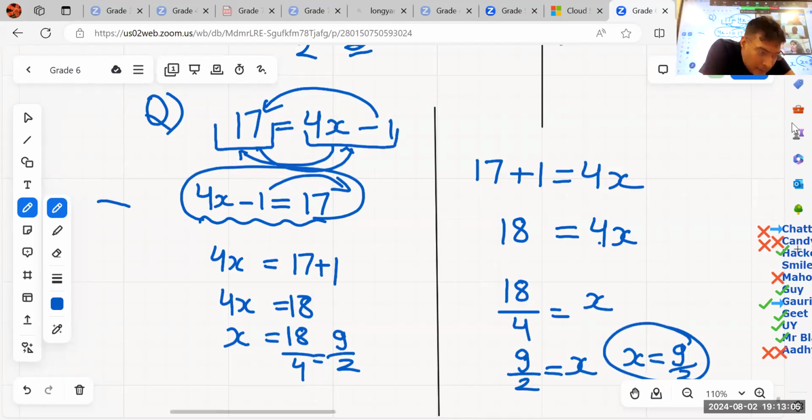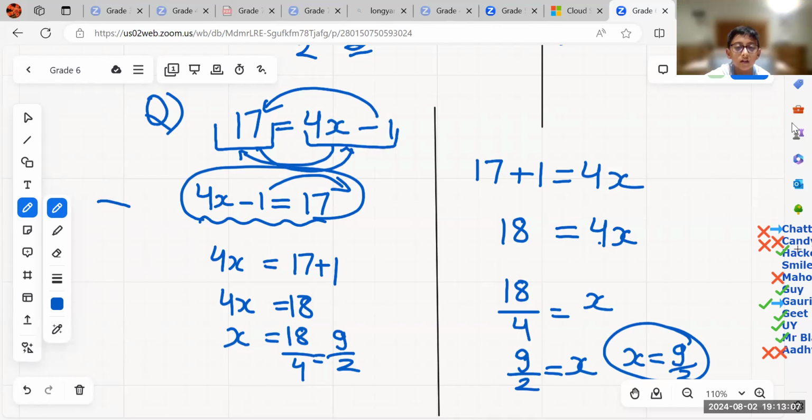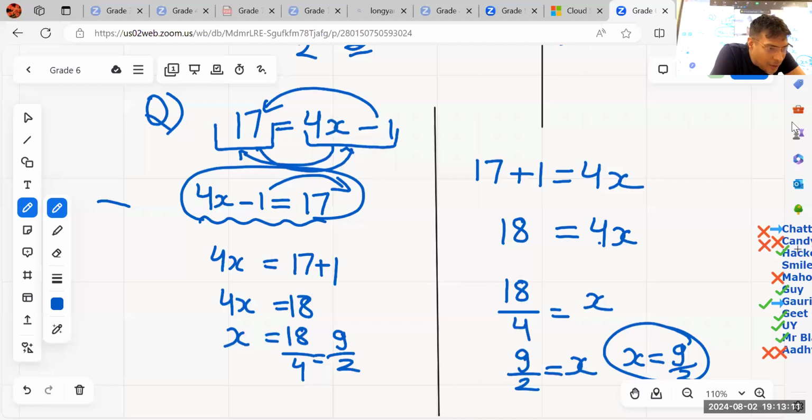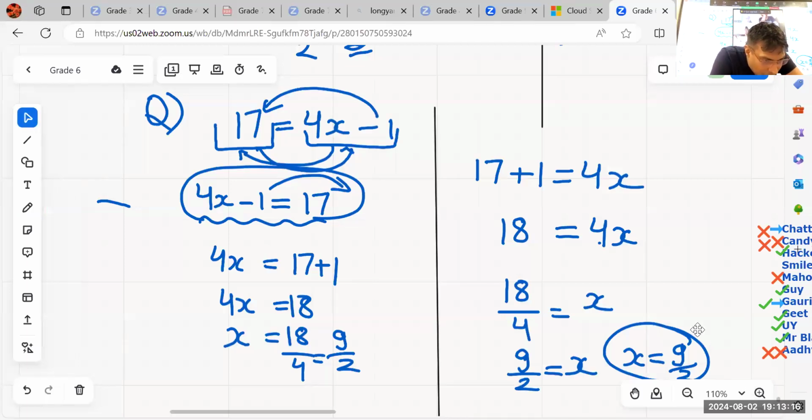Okay. Yes, sir. But sir, I did it like x on the right side only. Okay. So I know UI, he likes to experiment. So you can experiment, but don't make mistakes, because if you make mistake, then it will not be,